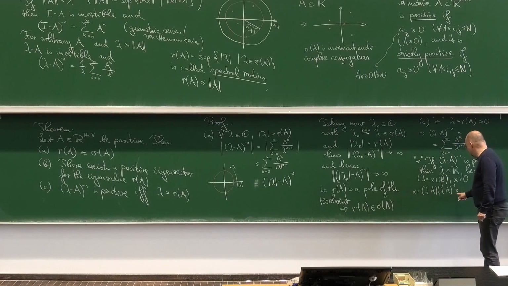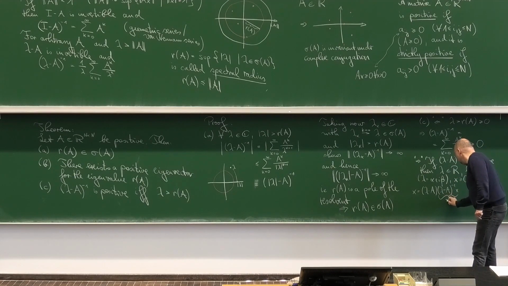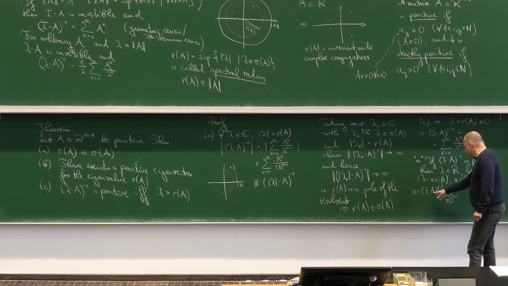So this is a positive vector by the assumption. But then A is positive, so